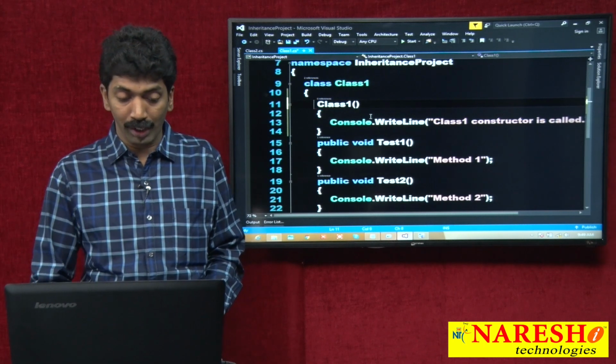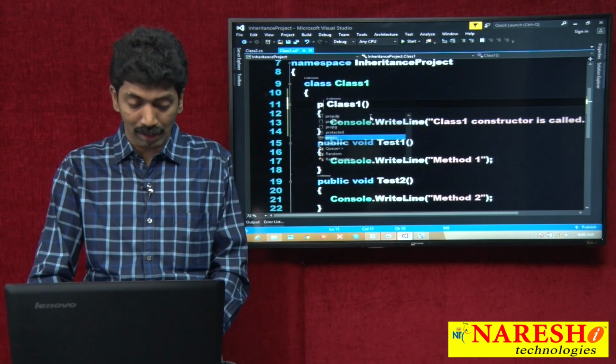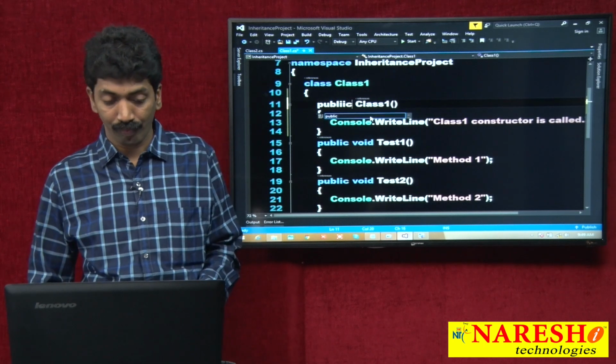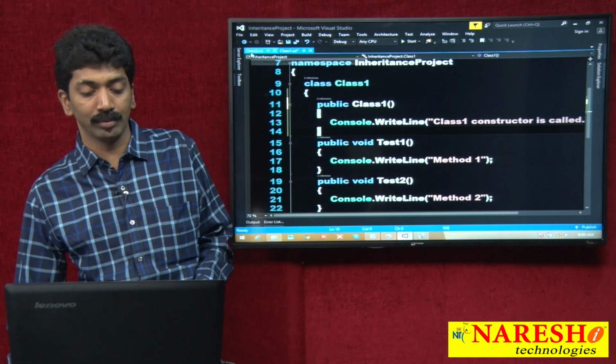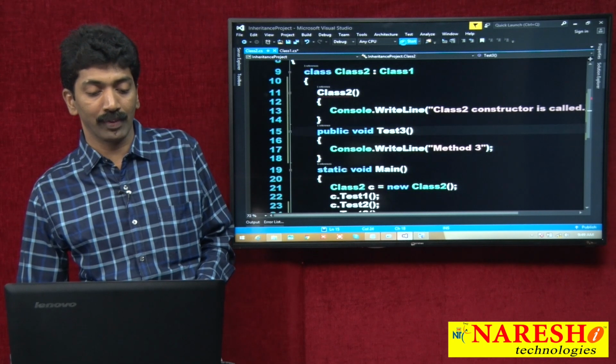And the problem I already demonstrated, it must be public. So let us make it public. Public class 1. And now tell me, is this constructor accessible to the child class now? Yes, it is. Now if you run this,